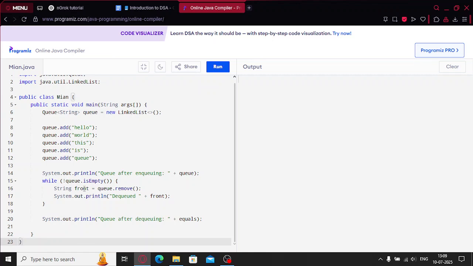Once the queue goes empty and all of the elements are removed, we have system.out.println queue after dequeuing plus the queue. Actually, I must have not paid attention. All right, it looks fine. Let's try and run this,